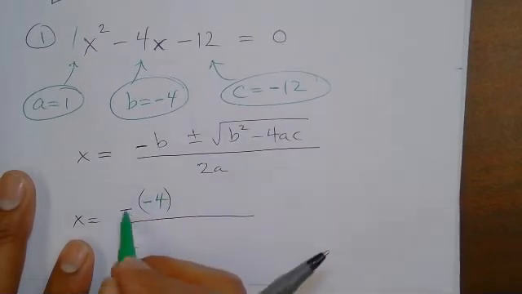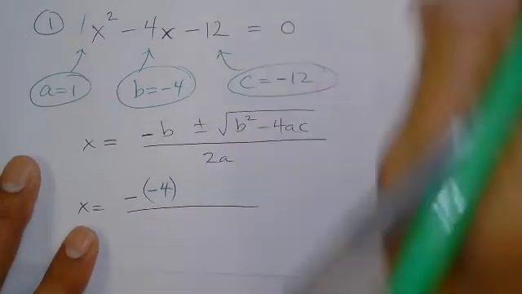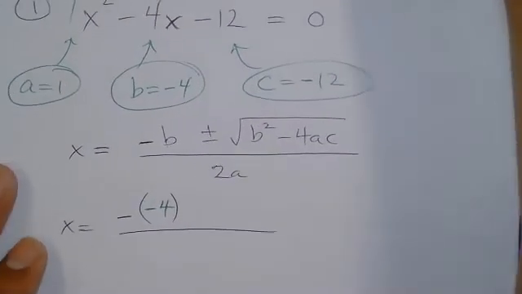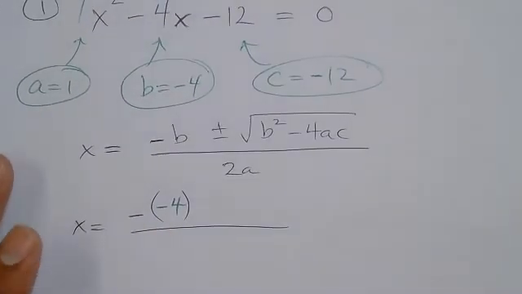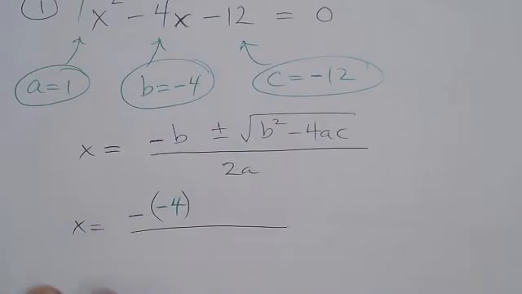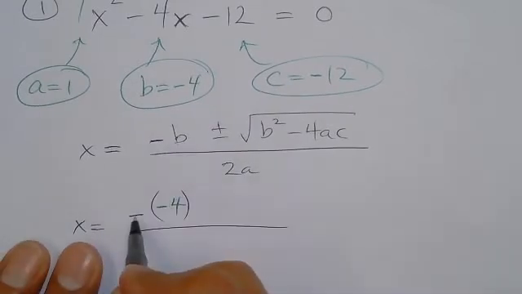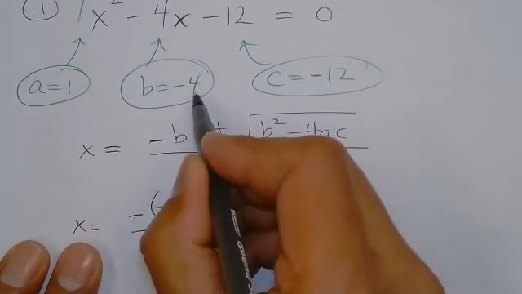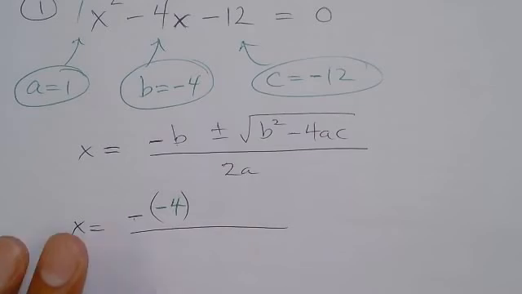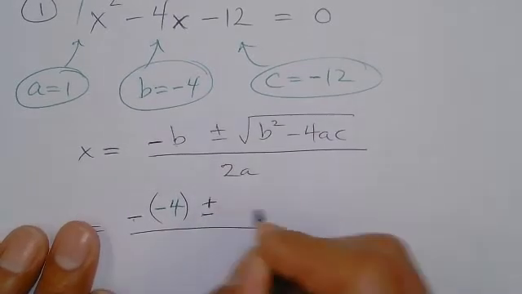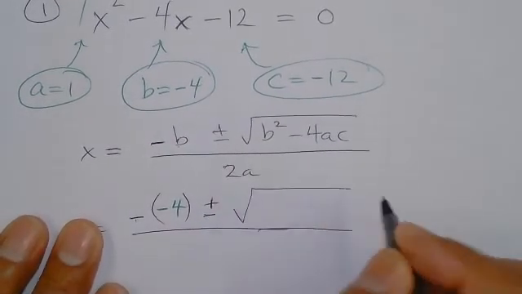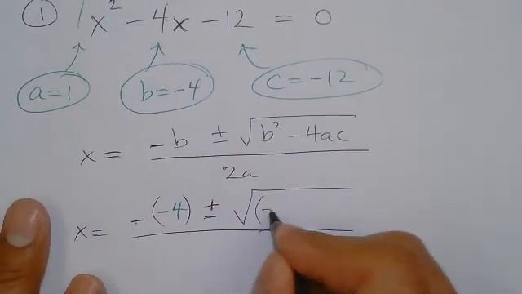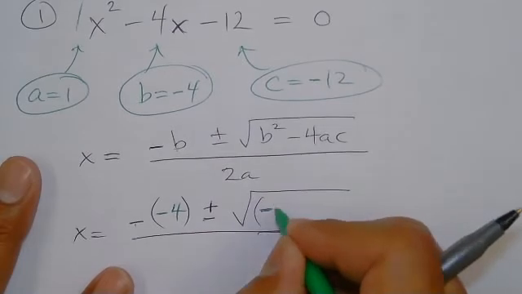What's B? Okay, then just put a negative 4 there. I know there's another negative there. I know it's going to eventually, two negatives is a positive. But I'm telling you, don't jump ahead. Everybody agree this negative is the one out here, and the B is negative 4, so that's why you got 2. Okay. Plus minus the square root of